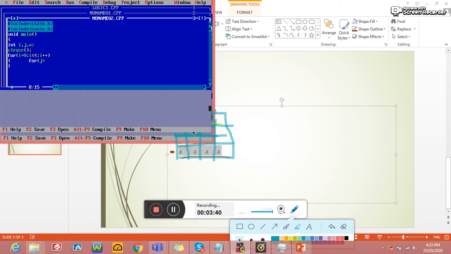So here the technique is, columns should start with 0 and should not exceed the row size. Got it? So for that purpose I am putting j less than or equal to i, j plus plus.